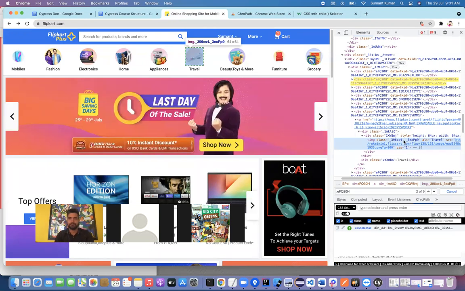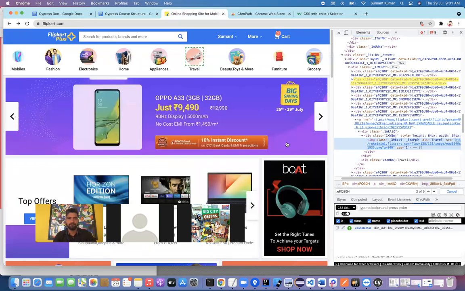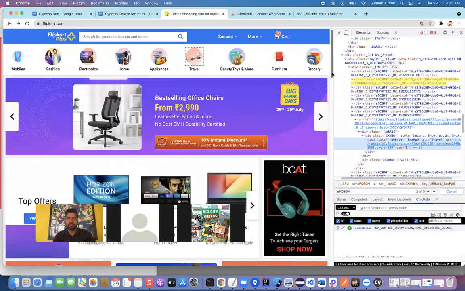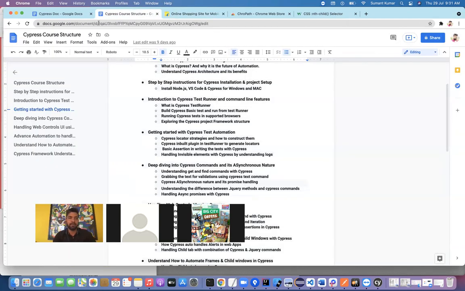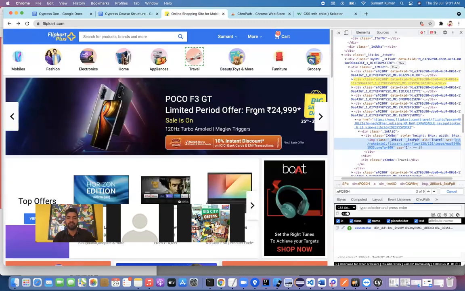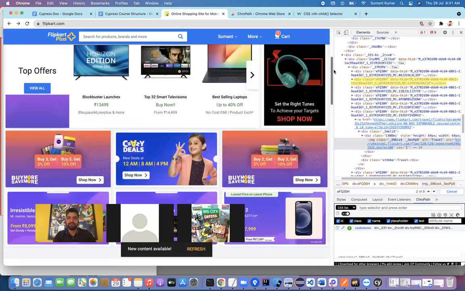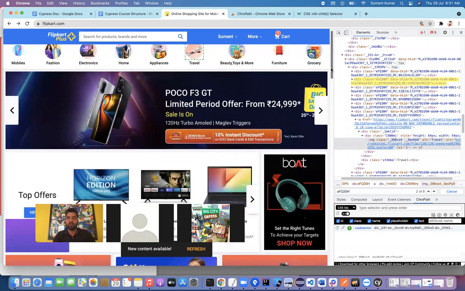What's a good website to practice just getting CSS locators? You can go with your own application. That will be the best way. It will help you get real project challenges as well. This is something I have taken from Flipkart, but on whichever project you are going to work, better to go from there. Whatever concepts you have learned, try to implement them there, because at the end the goal is that you should be able to work on your application. That will also help you understand your application.